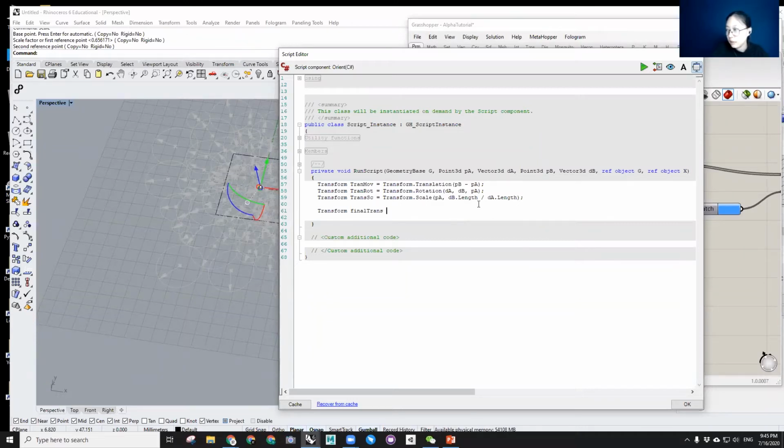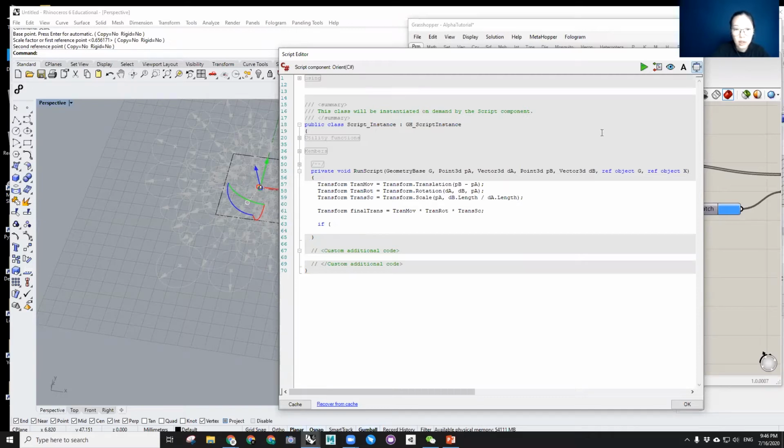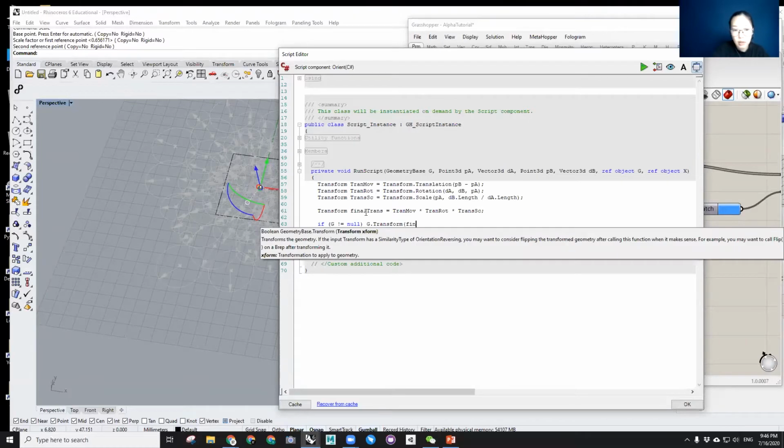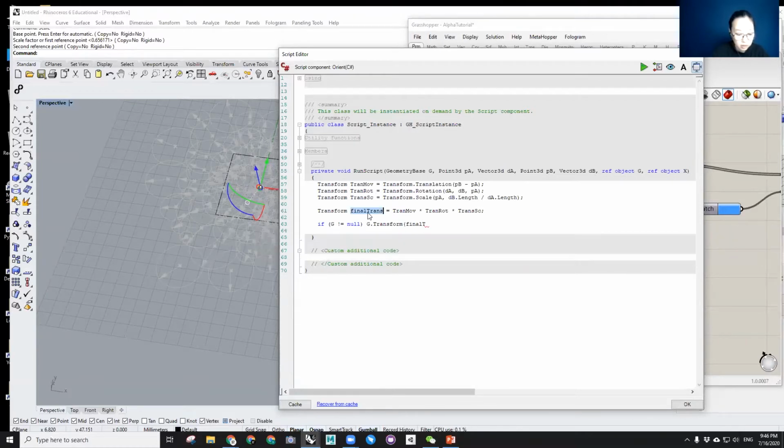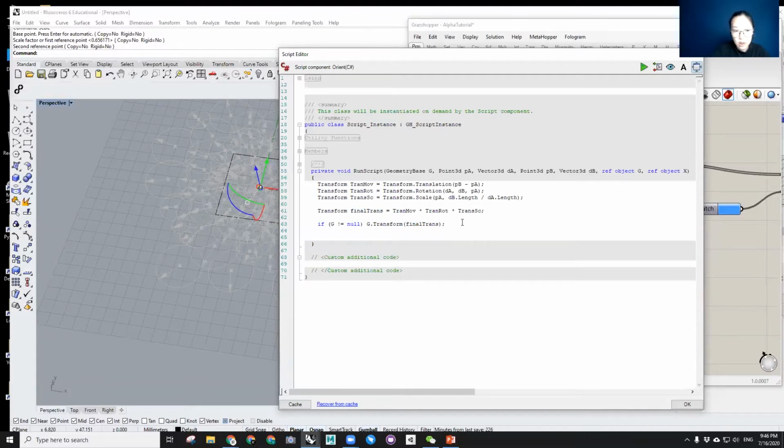Final trans is transmove times transrotation times transscale. And only if G is not null, G might be an invalid name, so we might need to change it. Final trans, Control V, okay, and G,